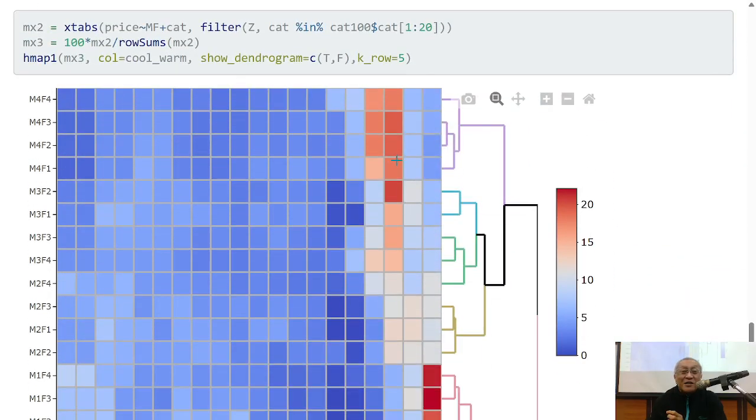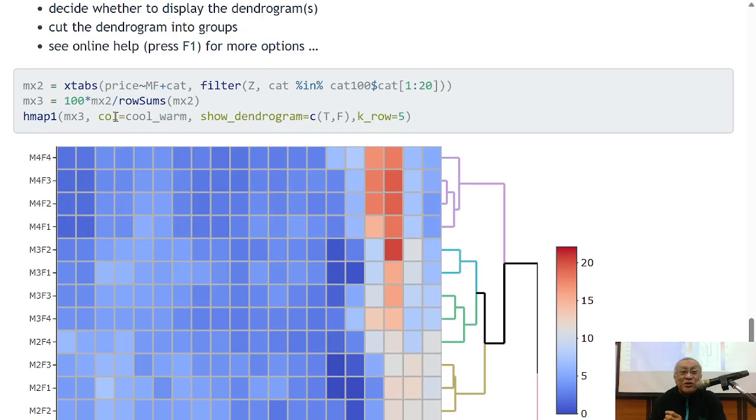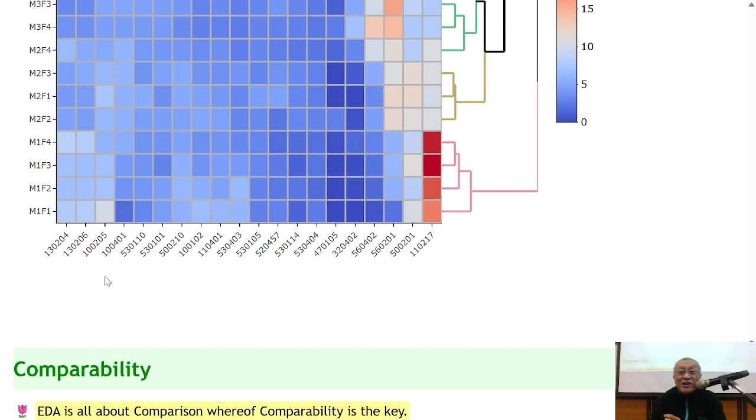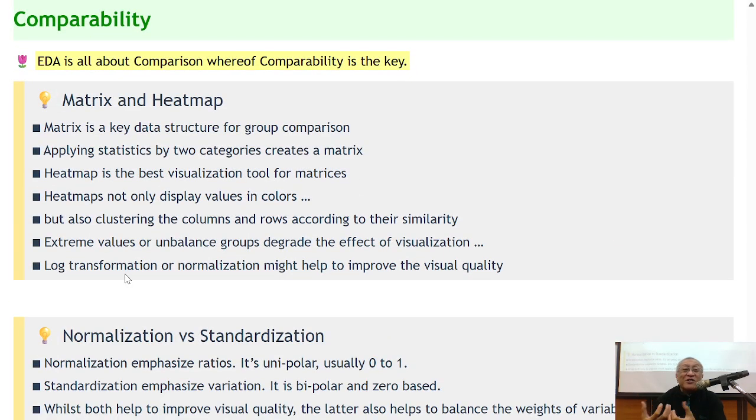So in this chart I simply do some more restrictions so that I only see the top 20 categories, right? And then here I times 100 so that this is the percent, right? So as you can see, they spend 20% here, okay? So this is the thing that I want to cover, right? Okay,